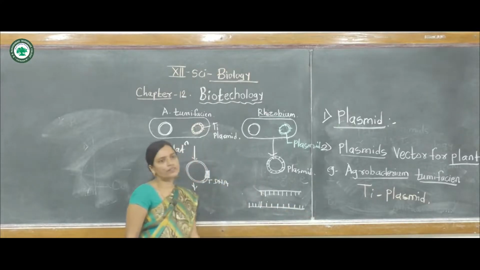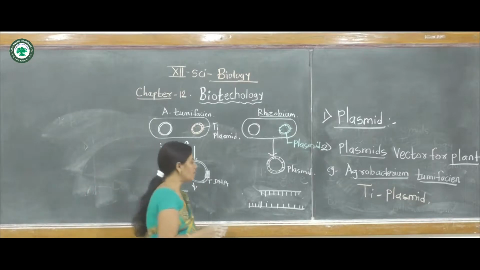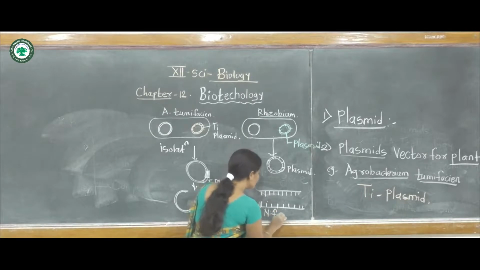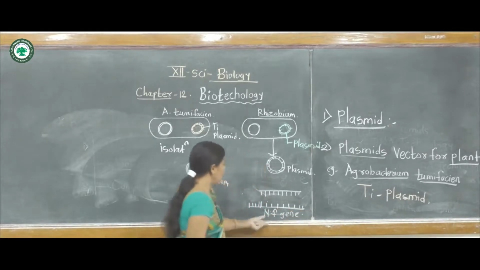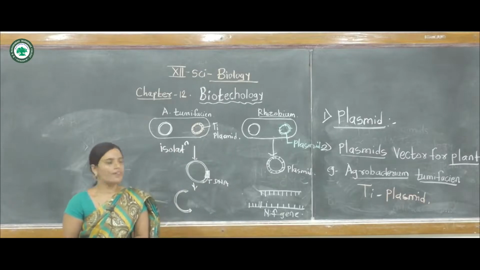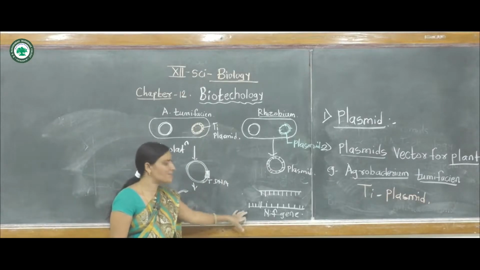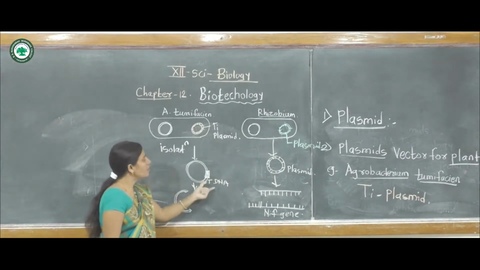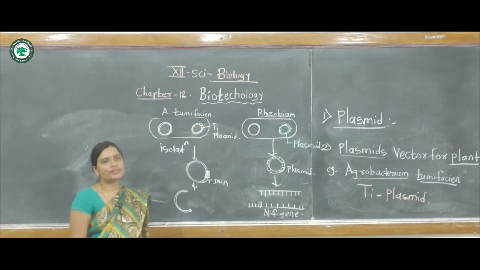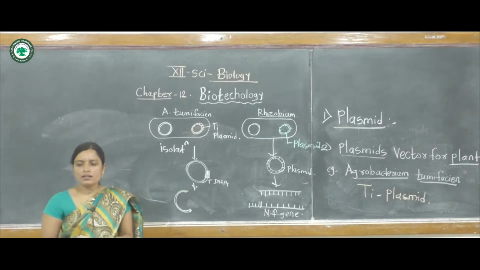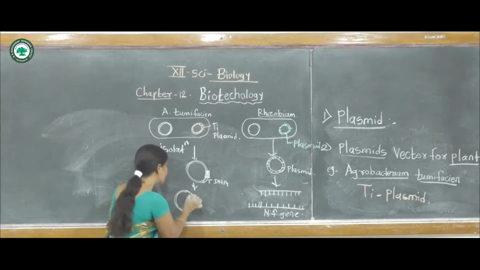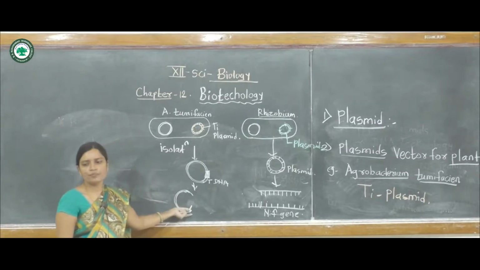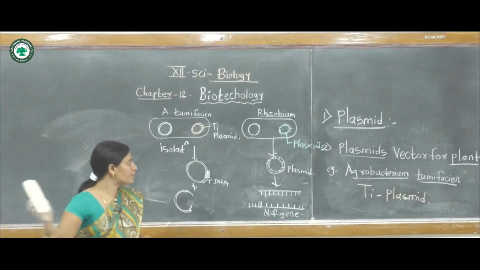It means the DNA is cut from this region, and this is one of the genes, called the nif gene. This nif gene, the nitrogen fixing gene, is found in Rhizobium, and they can also isolate it through this plasmid, and insert it on this T-DNA or Ti plasmid, the tumor inducing plasmid. Now these sticky ends are present, and now they can insert this DNA into this portion, and this is recombinant DNA technology.